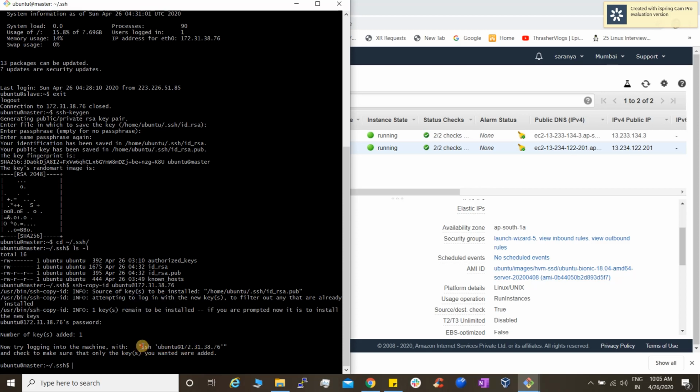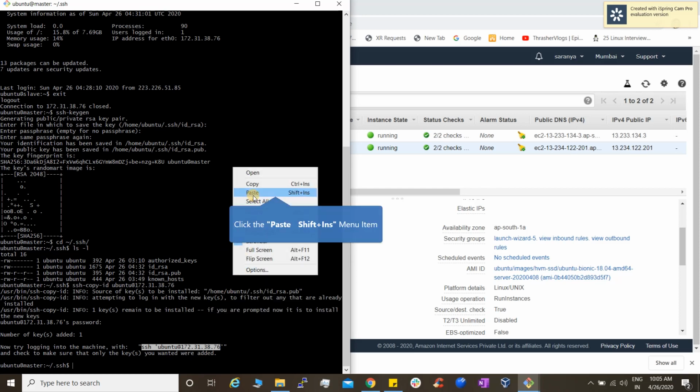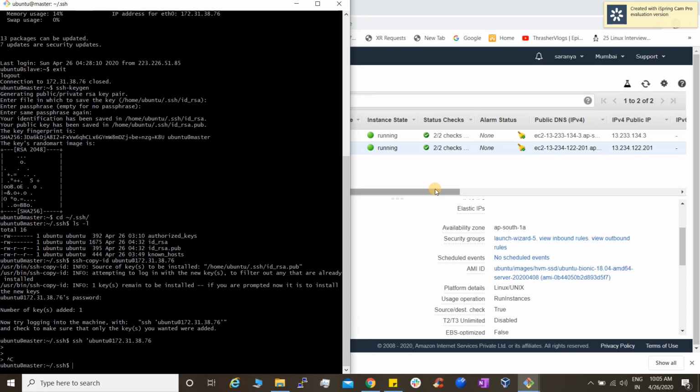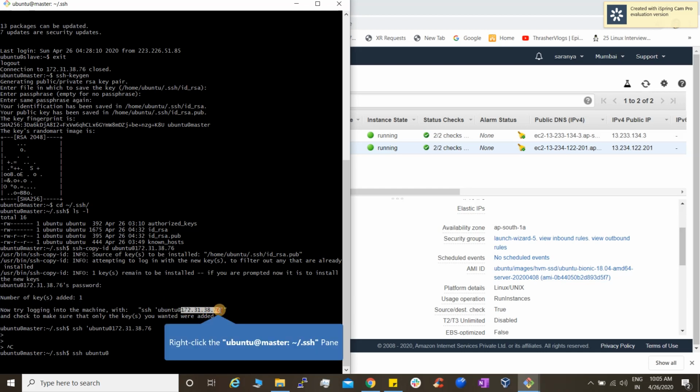So now I am going to log in by using this. ssh ubuntu@ this is the private IP of my slave machine.